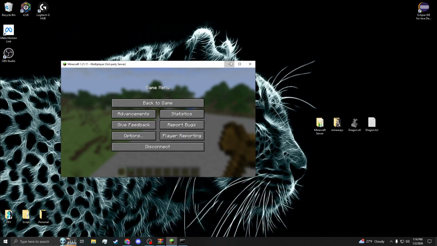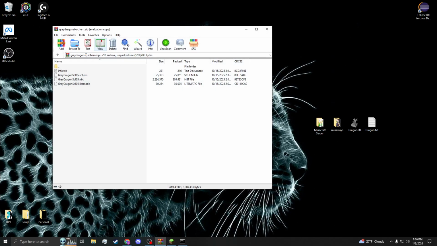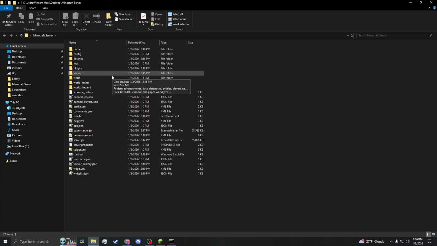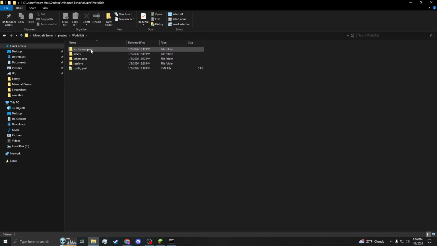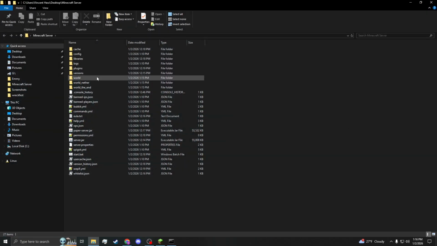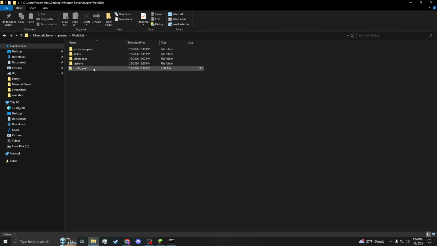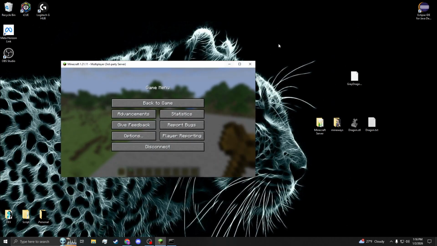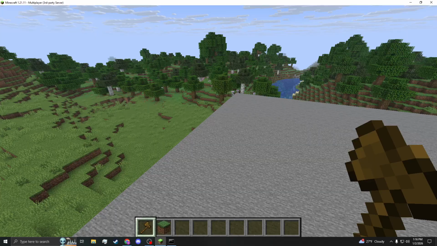So you download the schematic, which will come in a zip like this. I just used the .schem file and then loaded that onto the Minecraft server. So plugins, WorldEdit, schematics, and I just dropped the schematic right in here. Actually, I should copy that so it'll be easier. There we go. So once it's loaded onto the server,